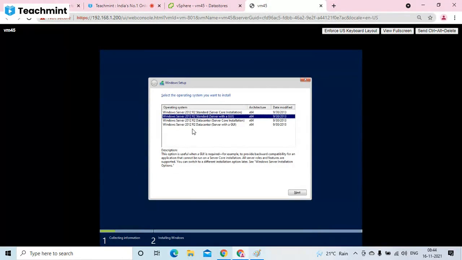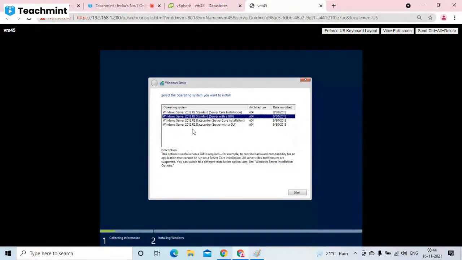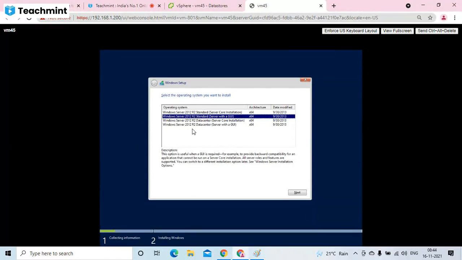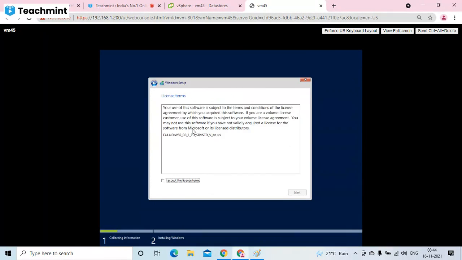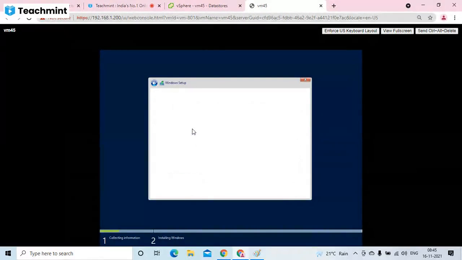Okay. So here I am proceeding with Standard and GUI. 2012 Standard flavor and GUI experience. So which letter do you want? I just highlighted with the up and down arrows, and now I want to proceed next. Alt N. Here I have to select the license. I can directly press the spacebar. It will be selected. I can press Alt A also because that letter is underlined there. I accept the license terms. Under A it's underlined. So I just press Alt A. It's selected. Next, Alt M.